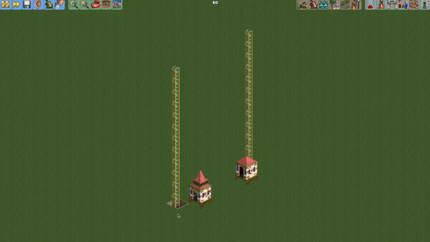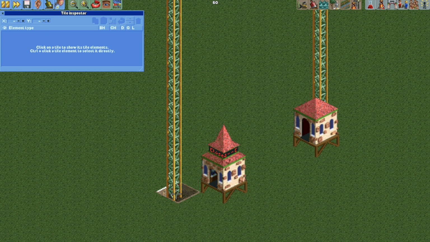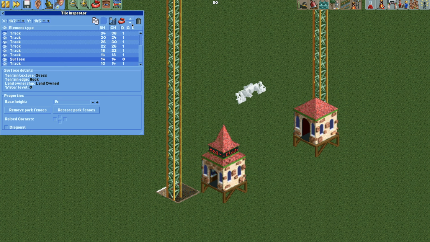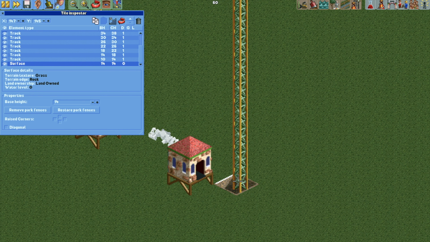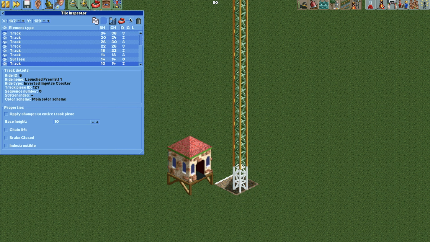We need to open the tile inspector and fix the supports down at the ground. So in the tile inspector, select the surface and then just lower the surface below the track. So just move it down like so, and then do the same thing for the other side. Select the surface, or you could select the track and move the track above the surface, and that will get